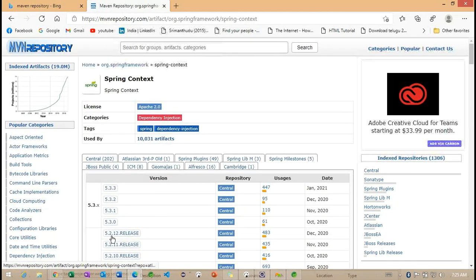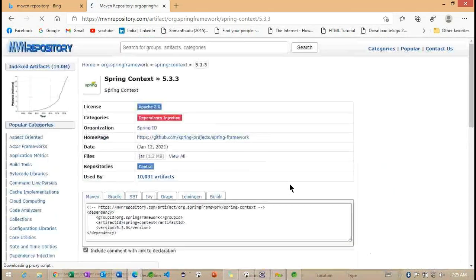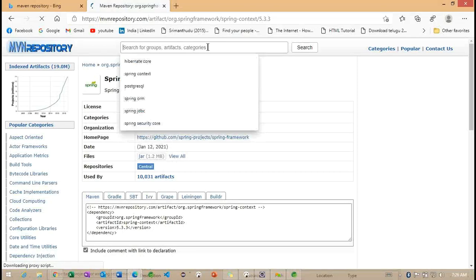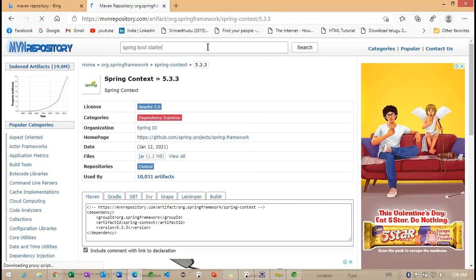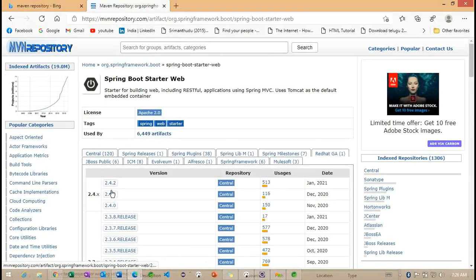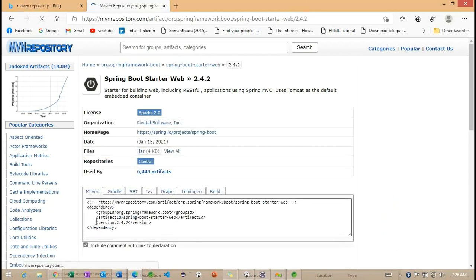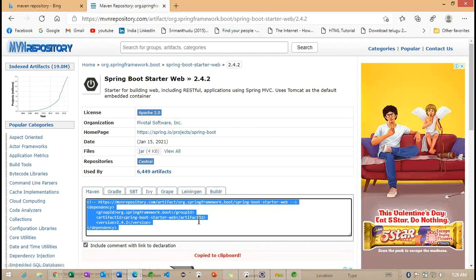So when specifying the starter information, we can check here. This contains this particular web starter. Internally, it has 8 to 10 dependencies here.